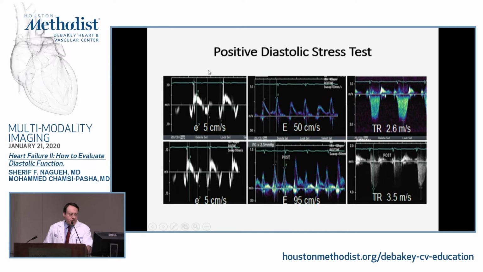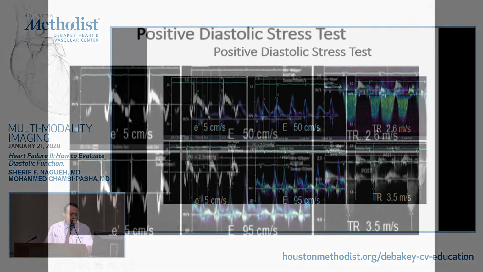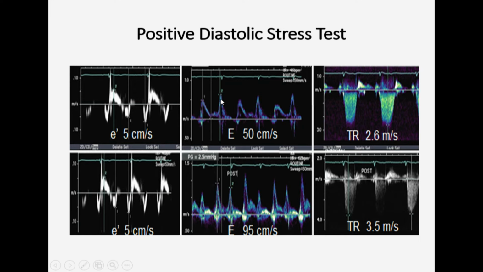Example for a positive diastolic stress test is shown here. The annular velocities are reduced at baseline, E to E prime ratio 10, peak TR 2.6. With activity, E stays low, the ratio goes up, now 95. You can even recognize an L wave, and the peak TR is 3.5, corresponding to an RVRA gradient of at